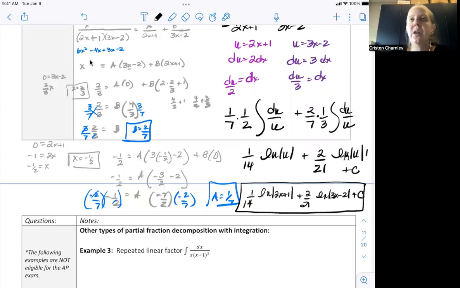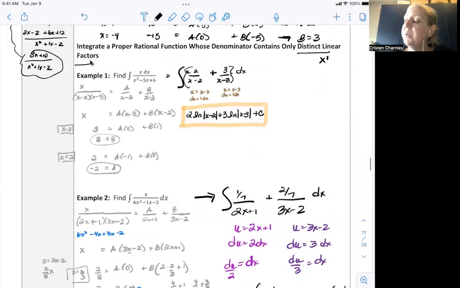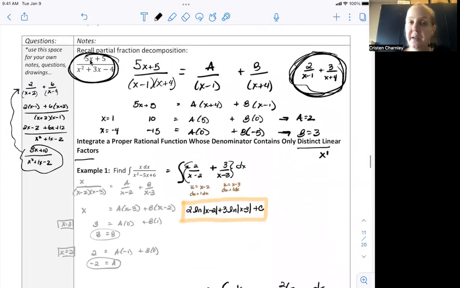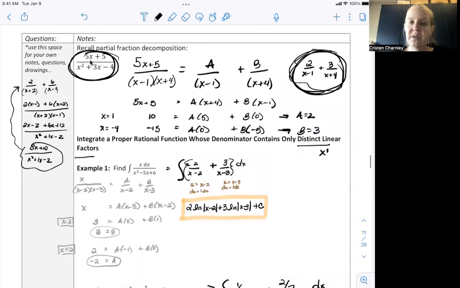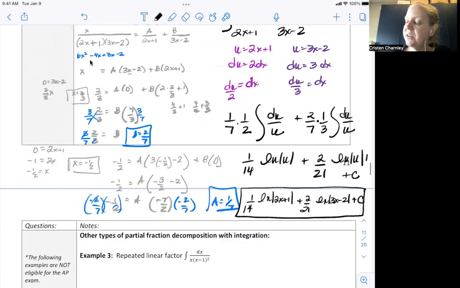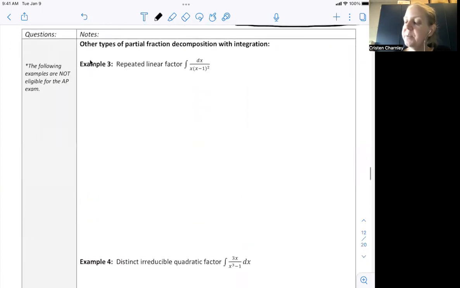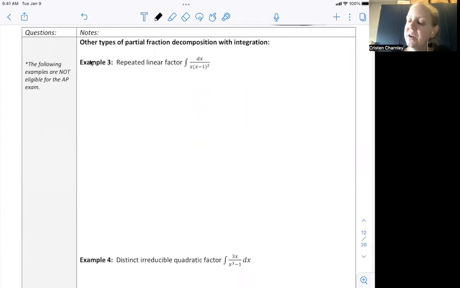So the longest part on these problems is the pre-calculus and the decomposition. They're good to know how to do that. So on the AP exam, you're only responsible for linear factors in the bottom. But if you remember back to partial fraction decomposition, there were other types. So I just left us a note. The following examples are not eligible for the AP exam, but they're nice to have. So if we have a repeated factor